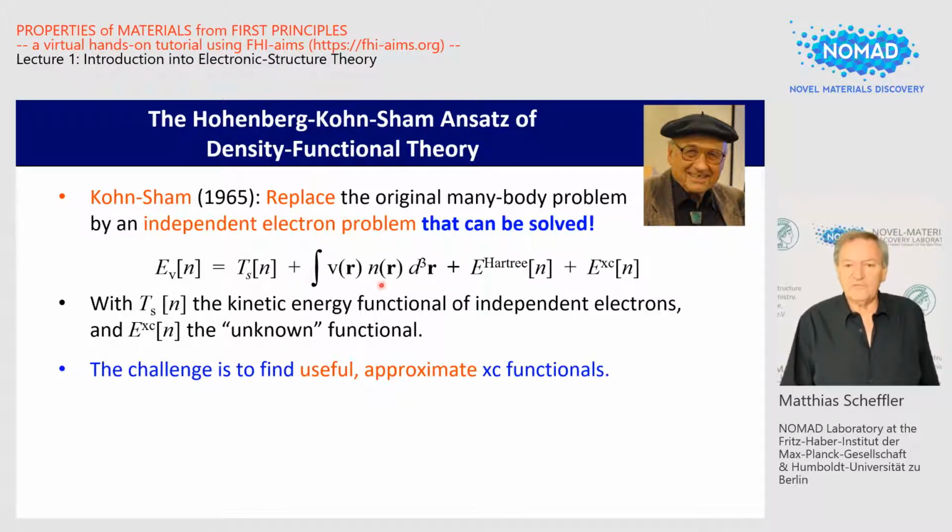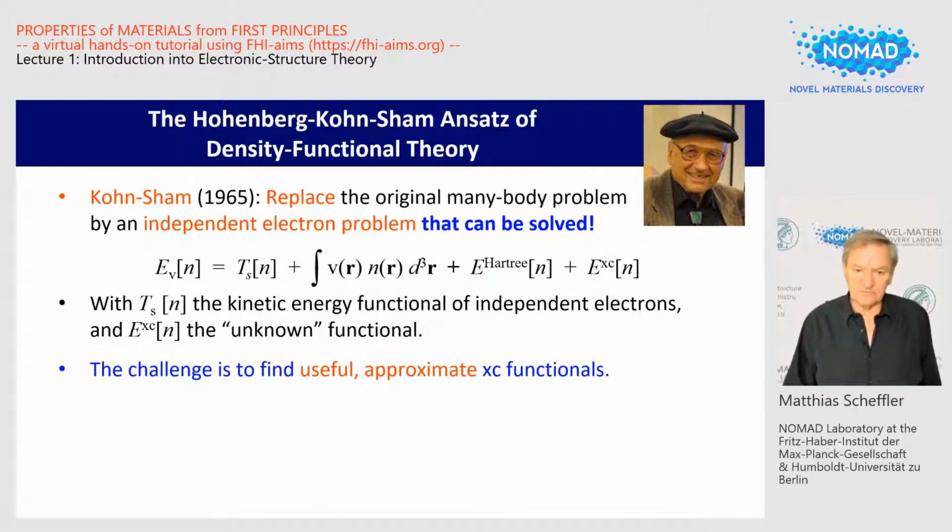And then I have the interaction of the electrons with the nuclei, I have the Hartree potential, and everything which I have done wrong in the previous terms, that means in the kinetic energy, is in the exchange correlation functional Exc of n. With Ts the kinetic energy of independent, non-interacting electrons, Exc is the only remaining unknown